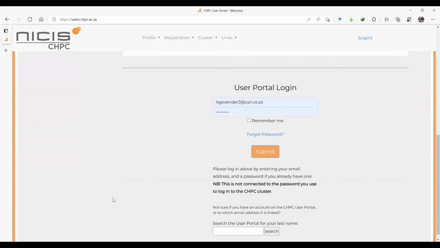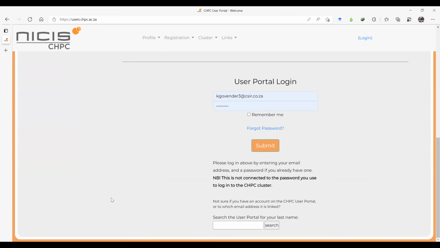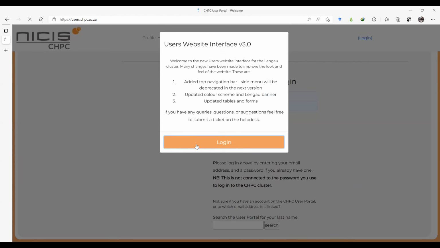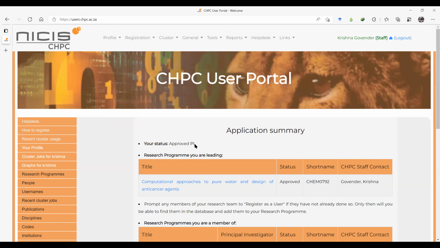then I need to make mention here that unfortunately the Schrödinger license is only for South African academics. So when you do send me a request, I'm going to check to make sure that you are part of a South African institution before I can give you access to Schrödinger software. So for those of you that don't have access to the license, there are open source packages. Unfortunately, I'm not going to be covering it in this mini-school, but maybe something I can look into for the future. But all right, once you actually get an account, or your supervisor will get an account, they'll be able